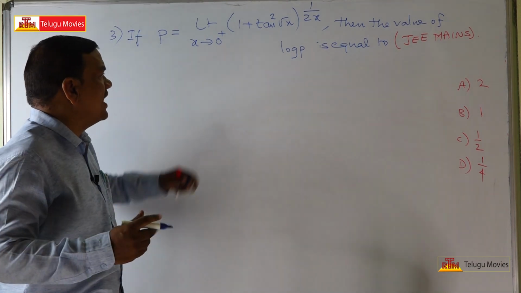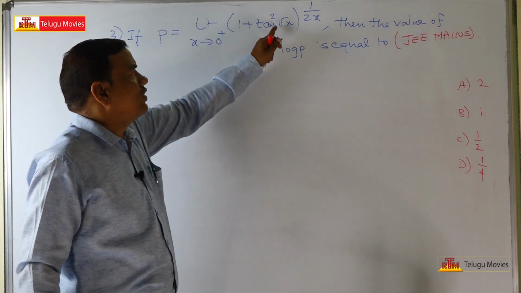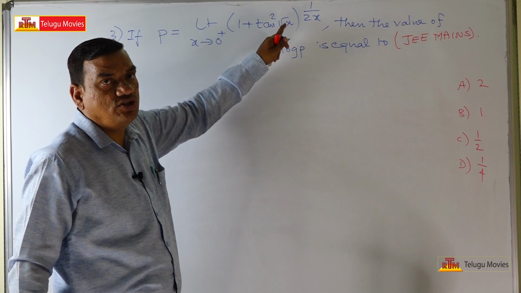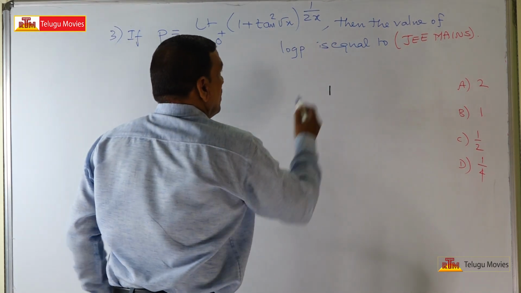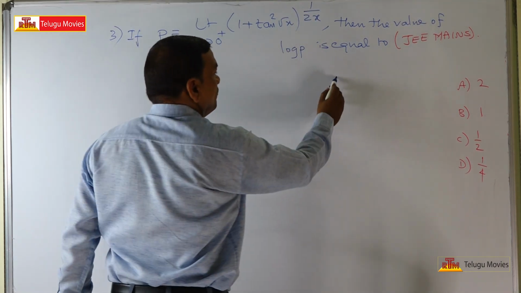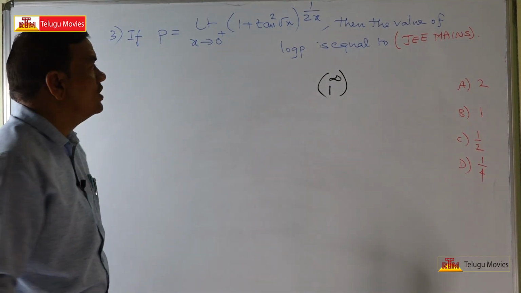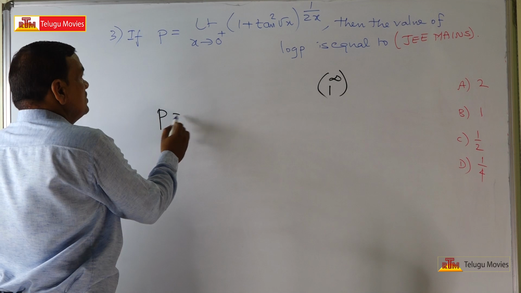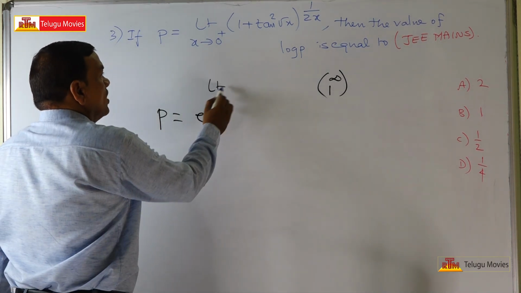So if you substitute directly x tends to 0 plus, what happens? Tan square root of 0, root 0 means 0, tan 0 is 0, 1 plus 0 is 1, to the power of 1 by 2 times 0, 1 by 0 means infinity. This is the 1 to the power of infinity model, okay. So then what we will take, this value can be written as e to the power of limit